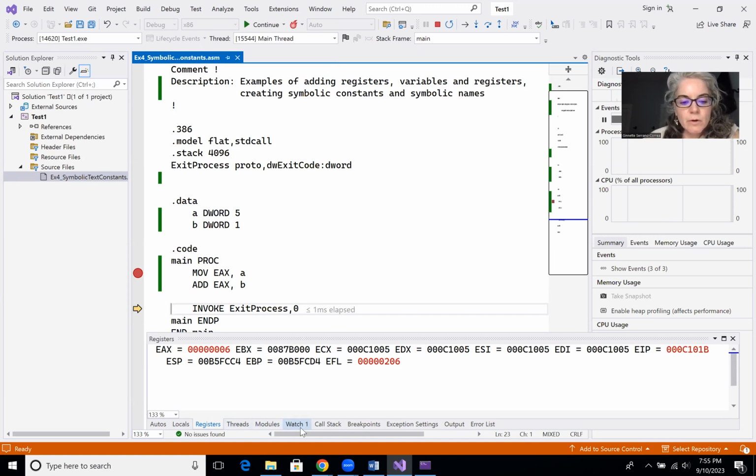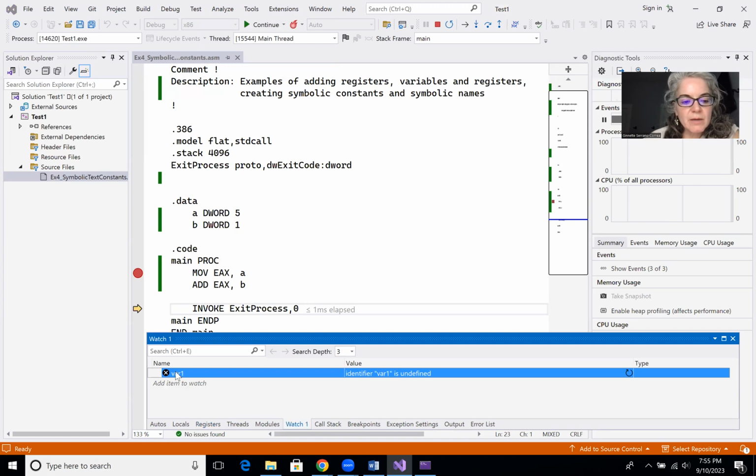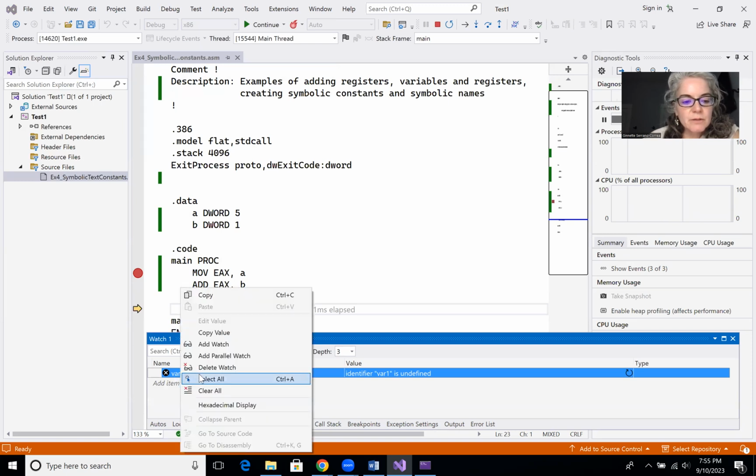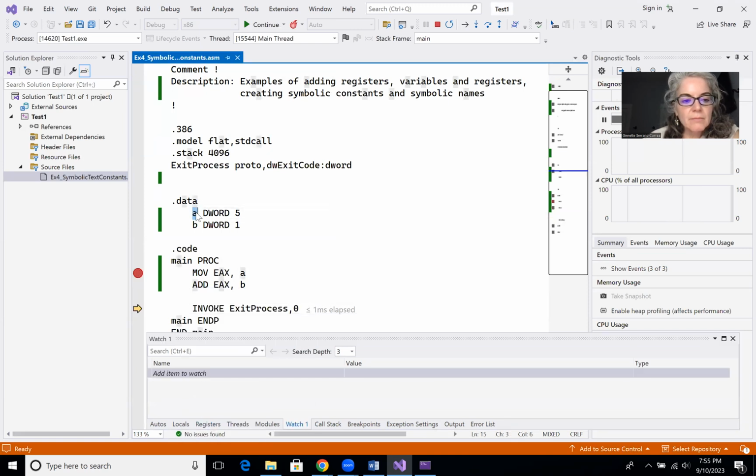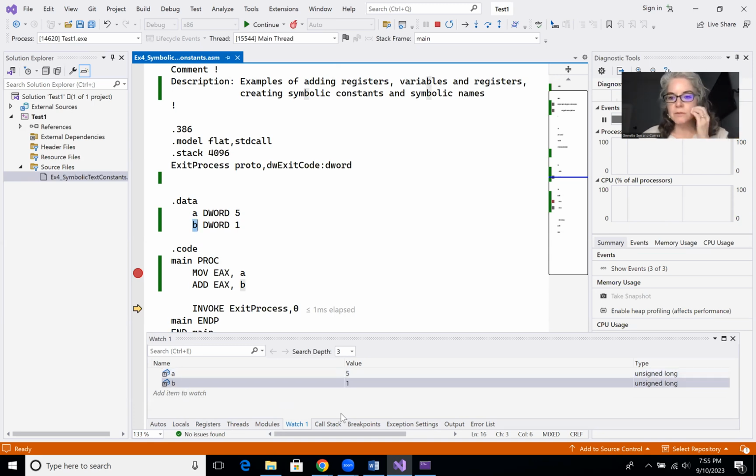Also, we can look at our watch window, which doesn't have A and B, but we could put A and B here. So I'm going to delete this one, and copy A and add it to there, and I can copy B and add it to here, and I can also watch those if for some reason later on I change them. Okay, so I've added,